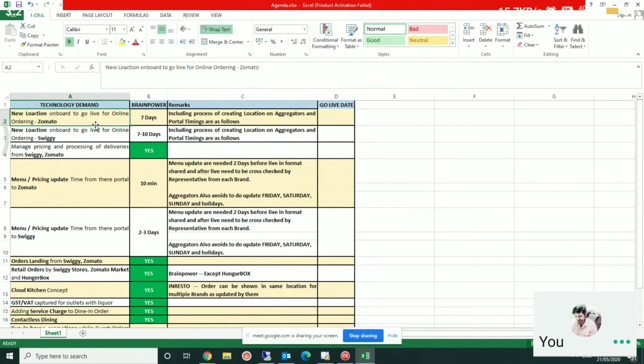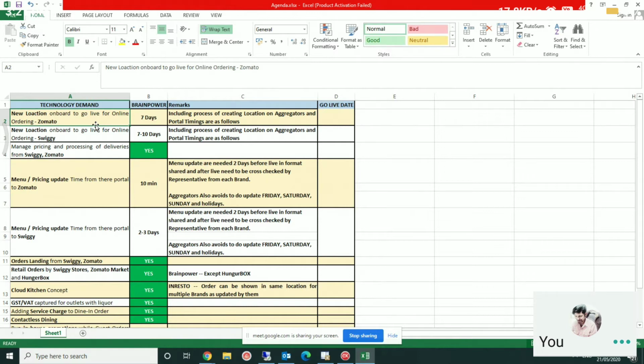When the integration request is initiated, we send the code provided by Zomato and Swiggy to the integration team. We send the Zomato code as well as our restaurant code, which is created in our system. With the Zomato code, we also have to give them the live restaurant link, which is basically the ordering URL. So we give them the restaurant code, the URL link, and the code created in the ERP system. This is how the process is done.